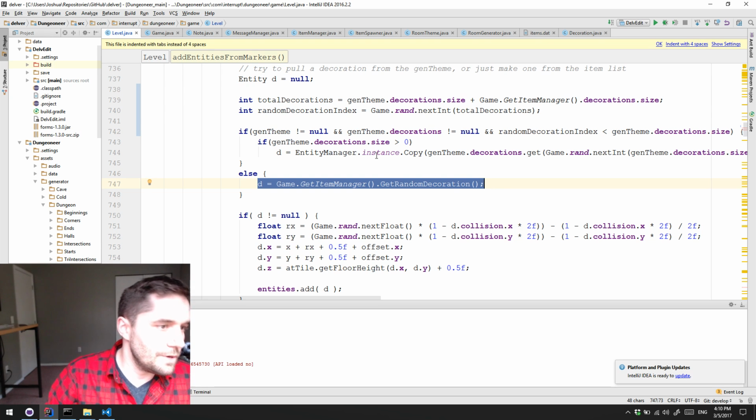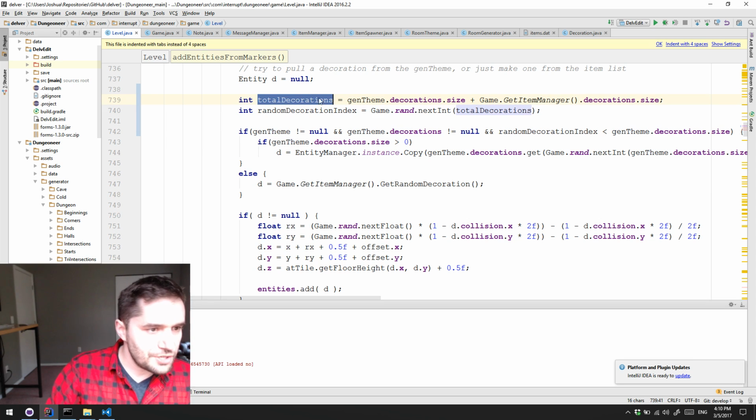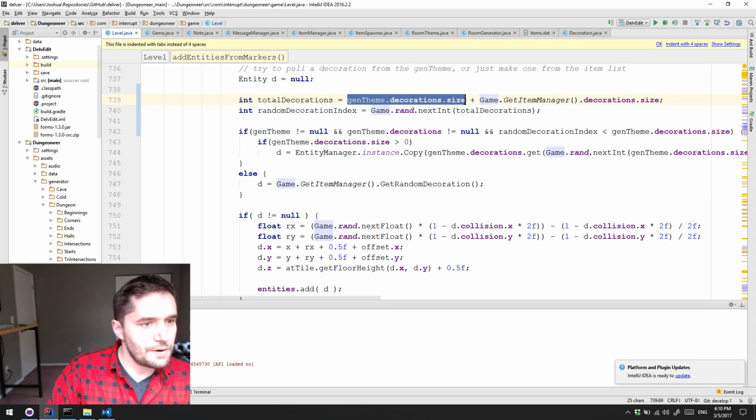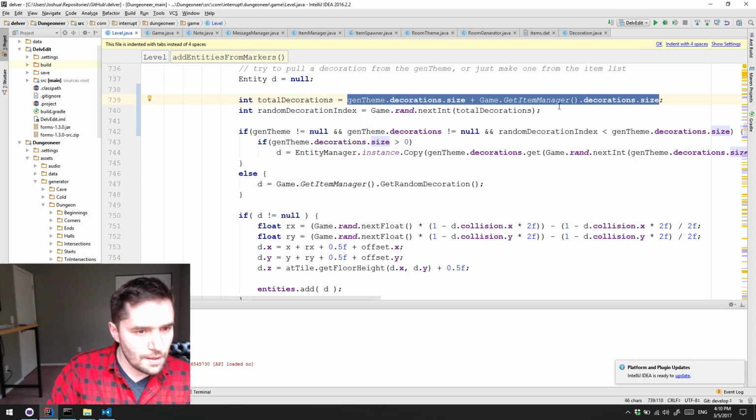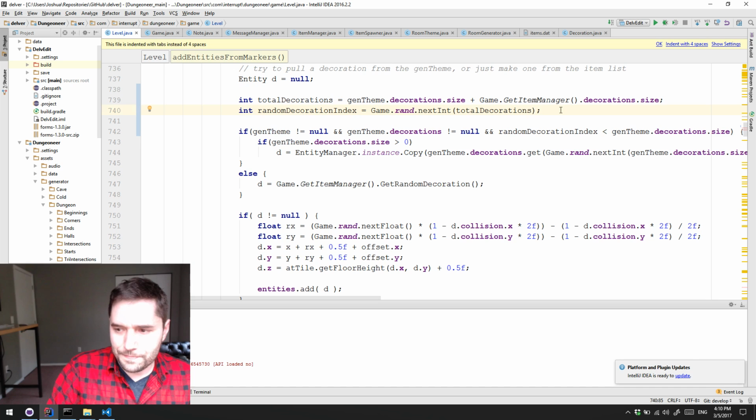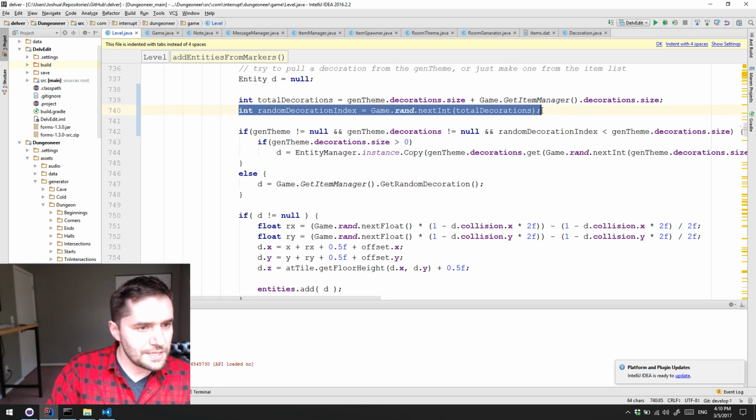So now I just grab the size of both the decorations defined by the theme, and the decorations defined by the item manager. And then we determine an index in that range, and if the index,